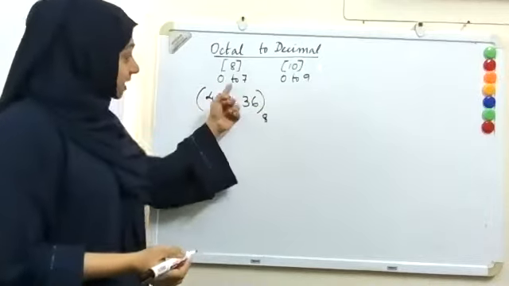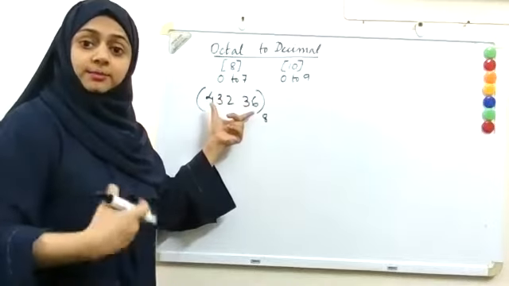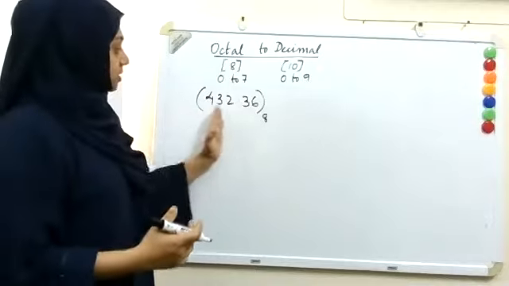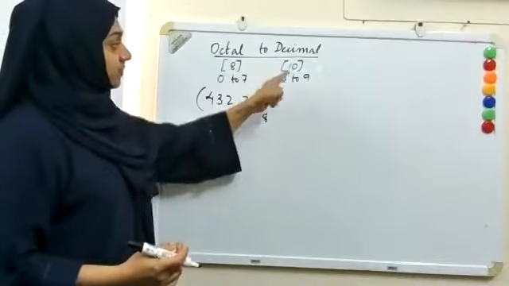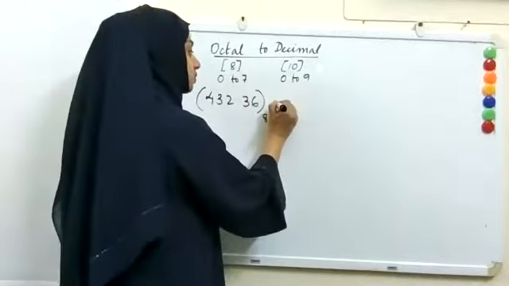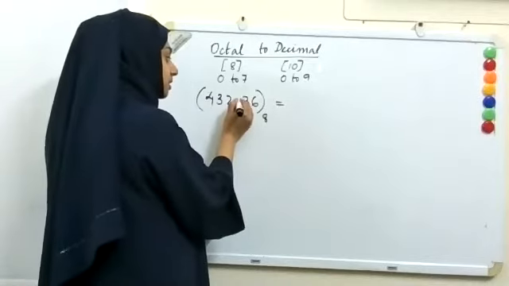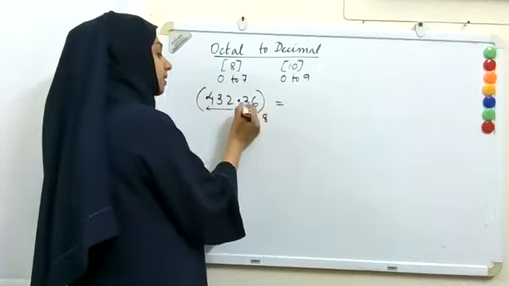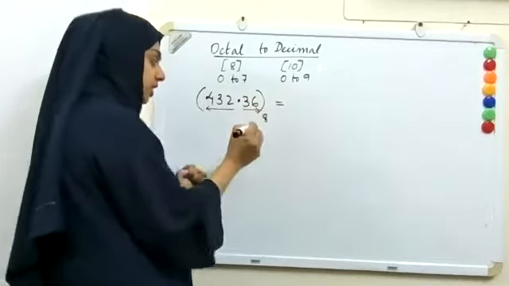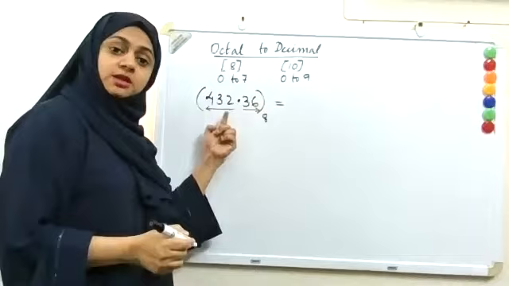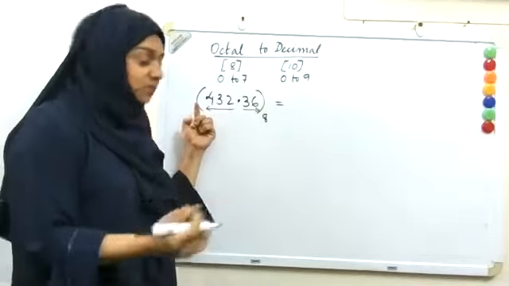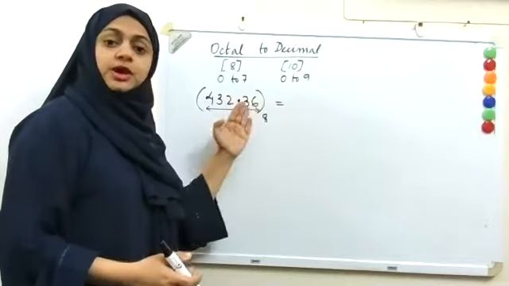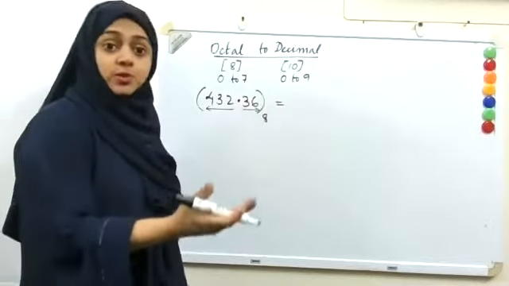And this is in octal. So note down that you should not write any digit above 7. All the digits should be below 8. So this is an octal number. Now when we convert it to decimal, when you take the digits before the point, you have to go in this direction, and after the point, you have to go in this direction. Before the point, you take positive powers of 8, and after the point, negative powers of 8.